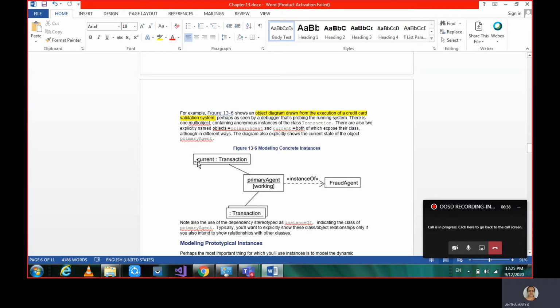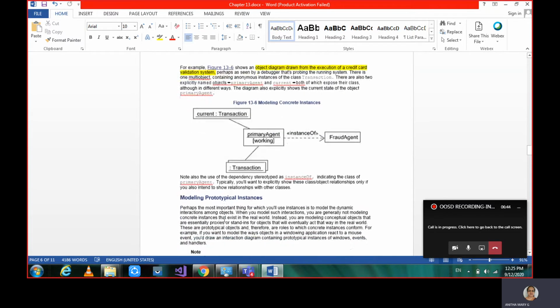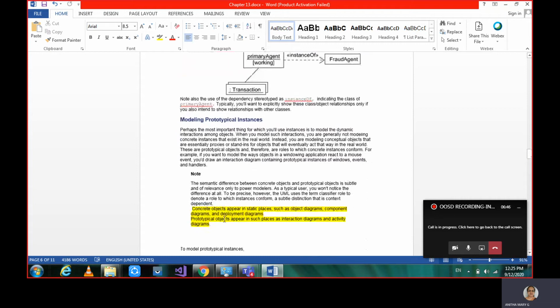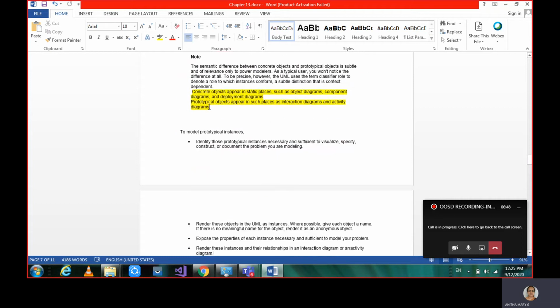The things which are static here are captured in concrete instances, whereas prototypical instances are the ones which are dynamic. Concrete objects appear in static diagrams: object diagrams, component and deployment diagrams. Prototypical ones are dynamic, so they appear in the dynamic diagrams, interaction diagrams and activity diagrams.